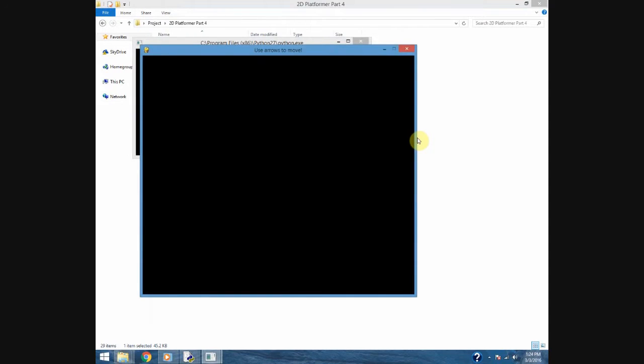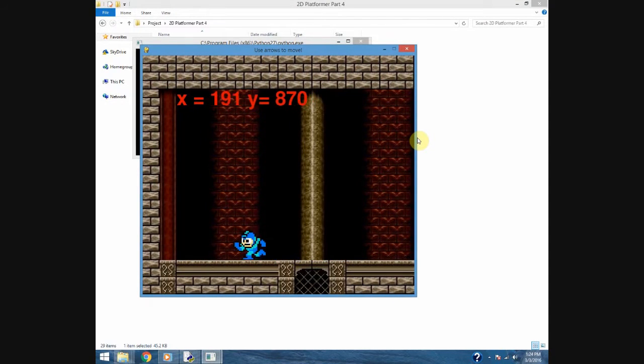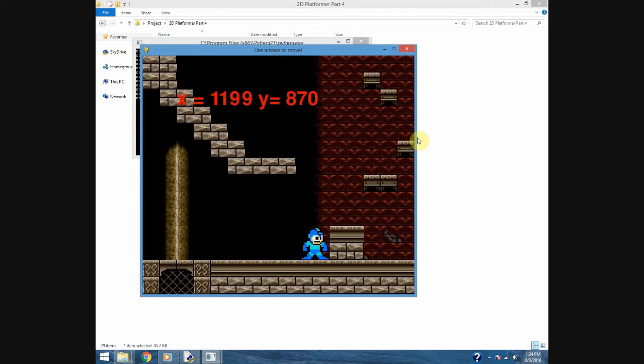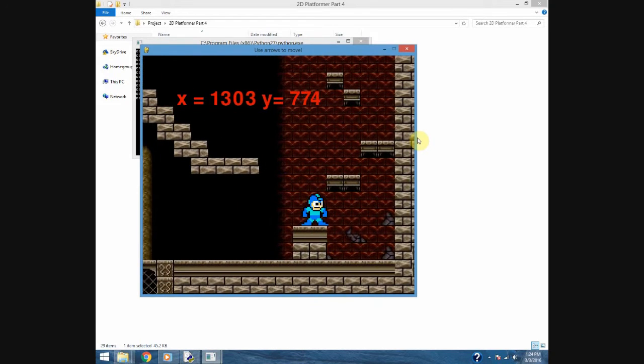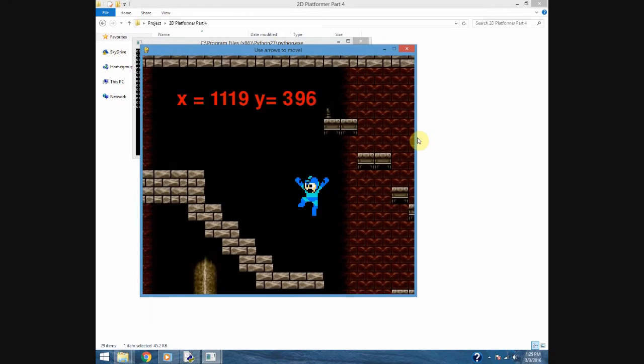So this is the map that I made. It's a little small, but it does have the look I was going for. I was able to add some detail to the background and to the tiles on the floor. Over to the right I have some platforms and a staircase leading up to the left. You need to use one of the platforms on the right to get to the staircase, but the rest aren't